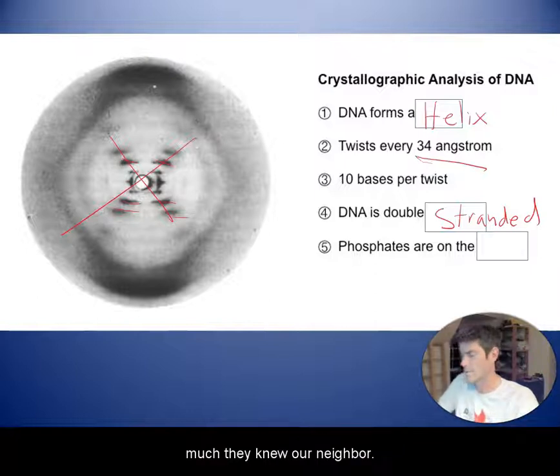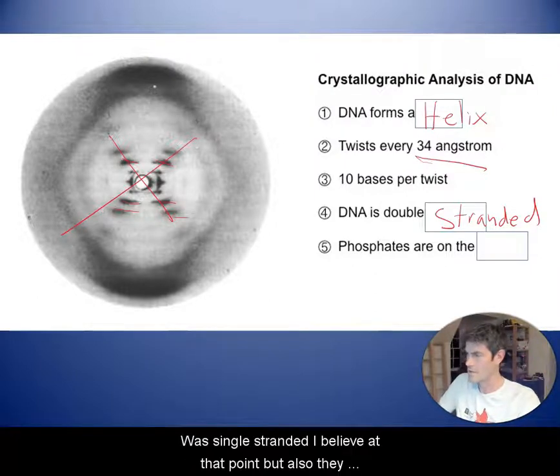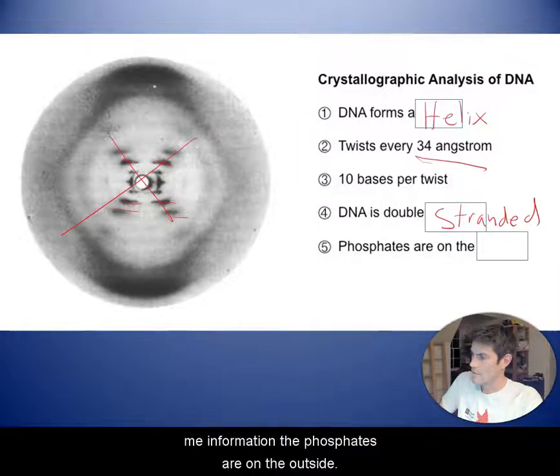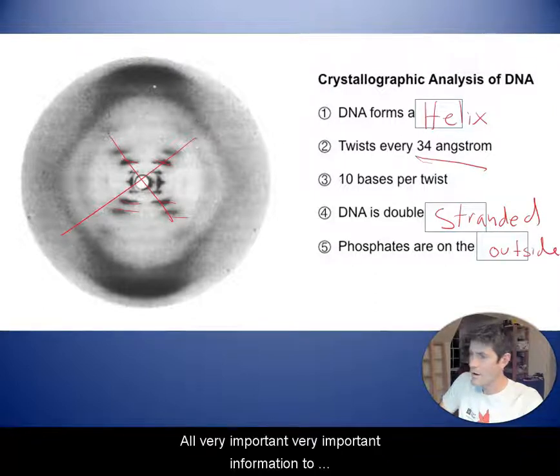Not 2 strands so much. They knew RNA was single-stranded, I believe, at that point. But also, they didn't quite know where the phosphates were. So this gave them the information: the phosphates are on the outside. All very important